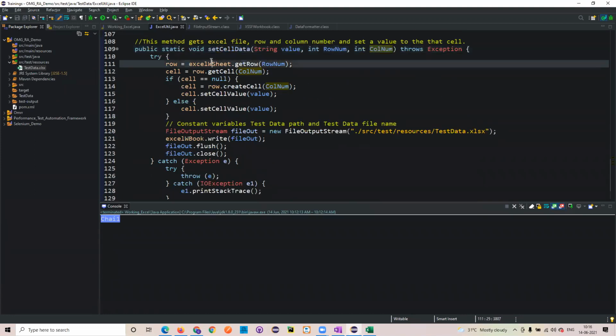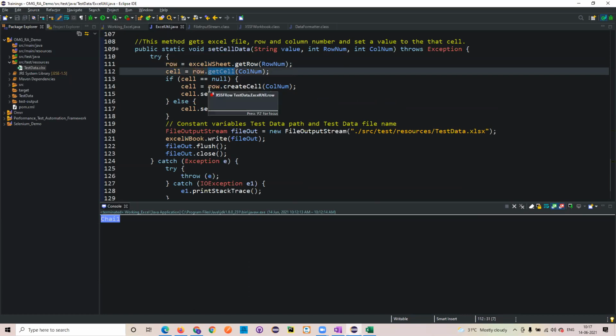Now the same thing, if you have seen it, the worksheet which we have created. For that particular worksheet, we have a method called getRow, and we are passing that particular row number over here. That value will be stored into this row. Now we know the row value, and we wanted to know the column value. So for that particular row object, we will be creating the cell. We will pass the column number, whatever we are passing as a parameter here. Now I have the row number and column number, so I know the exact cell.